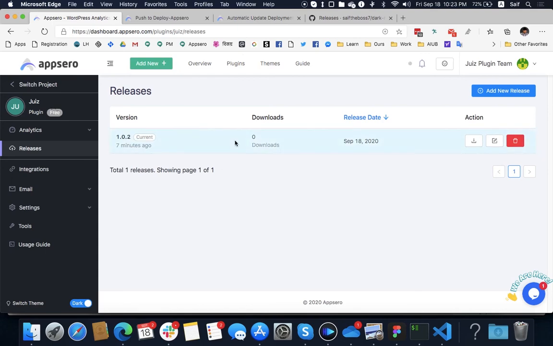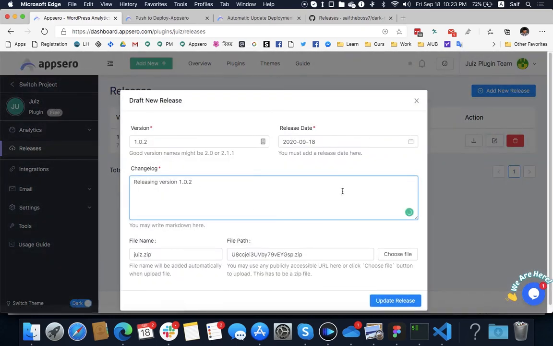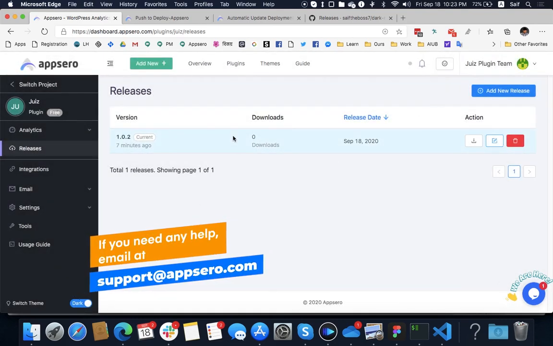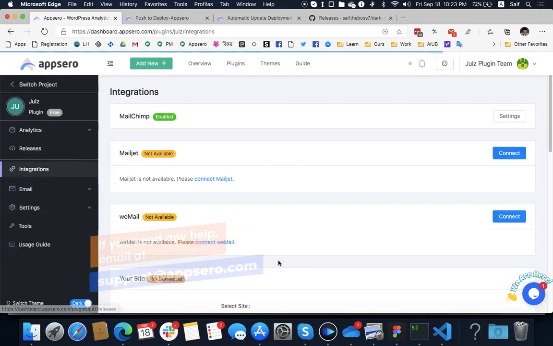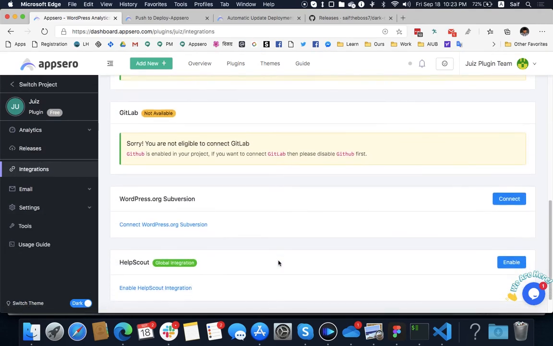via push to deploy, and the same version and the changelog you have added have also been attached to it. If you edit, you can see that the changelog is already there. So while releasing, if you use an editor like Vim or Nano, you can actually write the full release log here, and it would show up while the plugin updates, and your users would be able to update their plugin. And now if you want to release this plugin to WordPress.org directly, make sure you have connected your